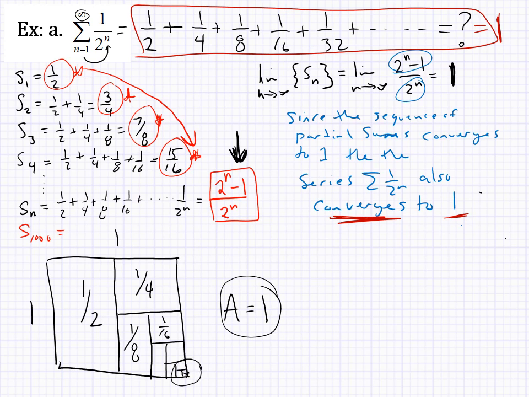But if I could zoom into this infinitely many times, and I could keep cutting in half and cutting in half, whenever you have something, you should always be able to cut it in half. Then the idea is when I put all these pieces back together, which is essentially adding all these terms back together, I should get back to whatever the total area is, which is 1. So this further shows that if I add a half plus a quarter plus an eighth plus a 16th plus a 32nd, etc., and keep going and going forever, my sum should equal 1.